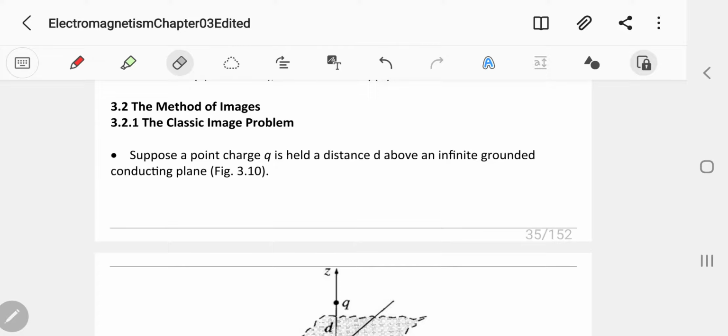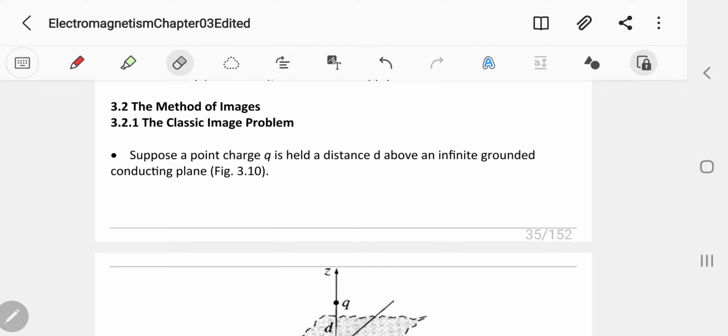Because the conductor has excess charges, free charges that can move around when it is disturbed. So when you place a charge near a conducting material, the conducting material will induce charges